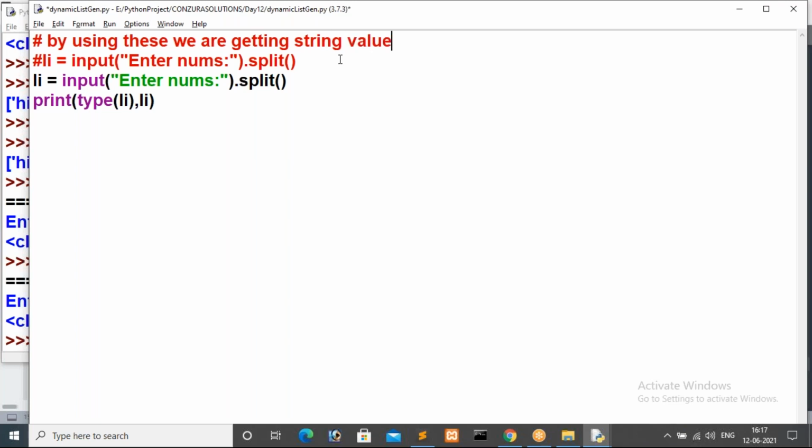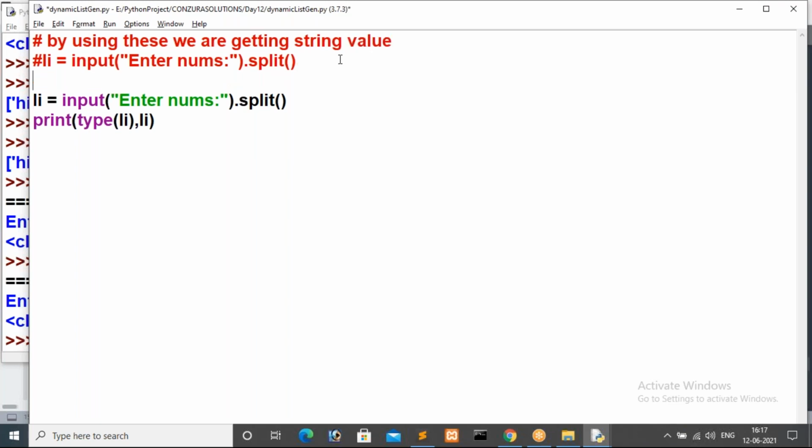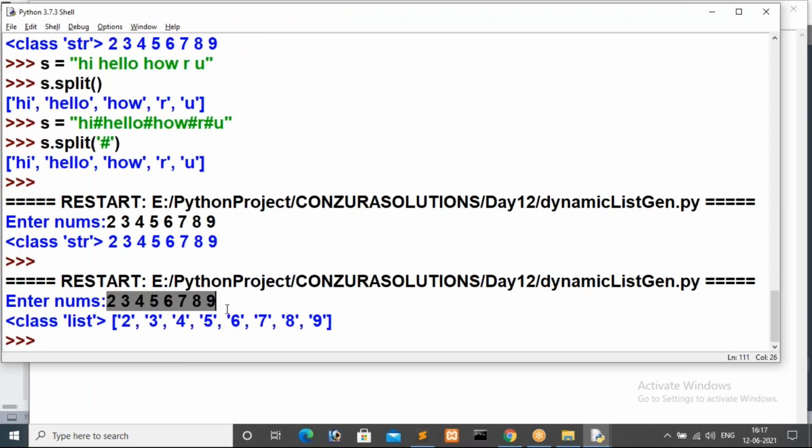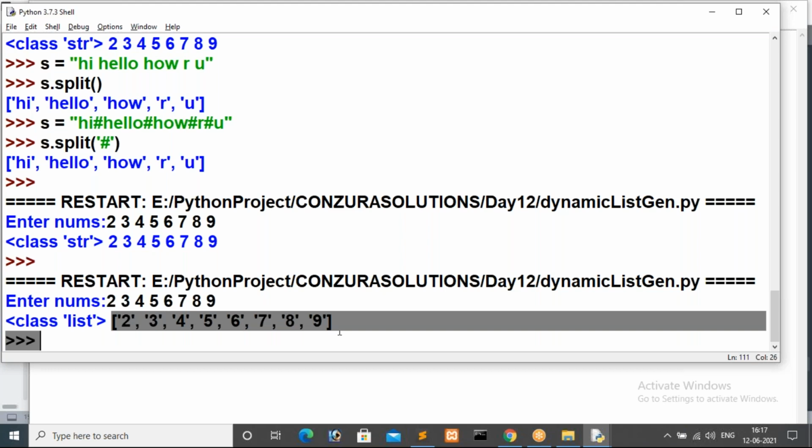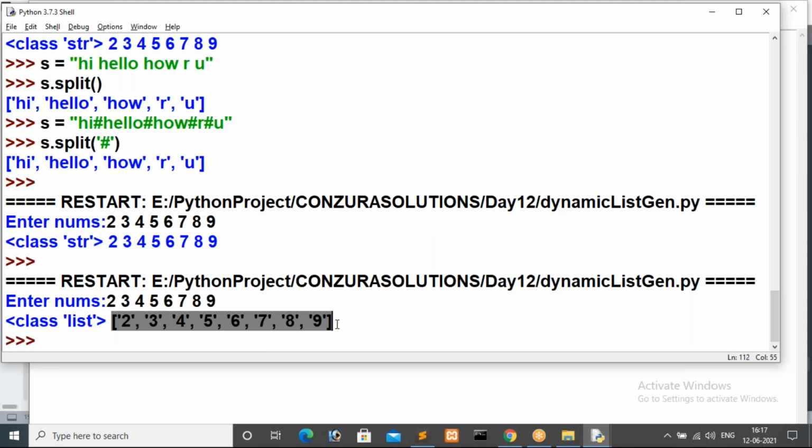Now I want to read integers from the user in a single line. I will give input like 1 2 3 4. Instead of reading a list with strings, I want to read numbers only.